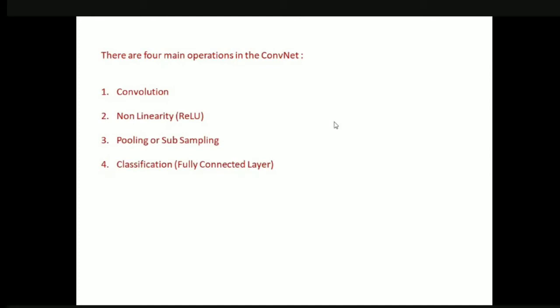So finally, we now come to the actual discussion of convolutional neural networks. Till now, we have completed the concept of convolution, that is how convolution takes place, why convolution, what the drawbacks are, and what operations we use, that is stride, padding, depth, and so on. So we have come to know the basic concepts of convolution. Next we have to discuss non-linearity, then pooling or subsampling, and in the end classification.